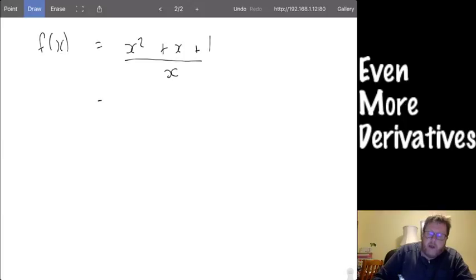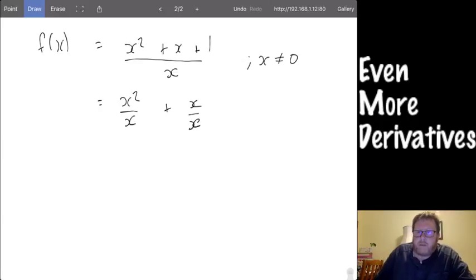By the way, with these functions as well, in theory, we should say x is not equal to 0 because the function's not defined at 0. So it's got a restricted domain, right? Anyway, what I do is I split it up. We know that when we split things up, the denominator doesn't get split. It's just the numerator that gets split. So I've got x squared on x plus x on x plus 1 on x. Now this is all good